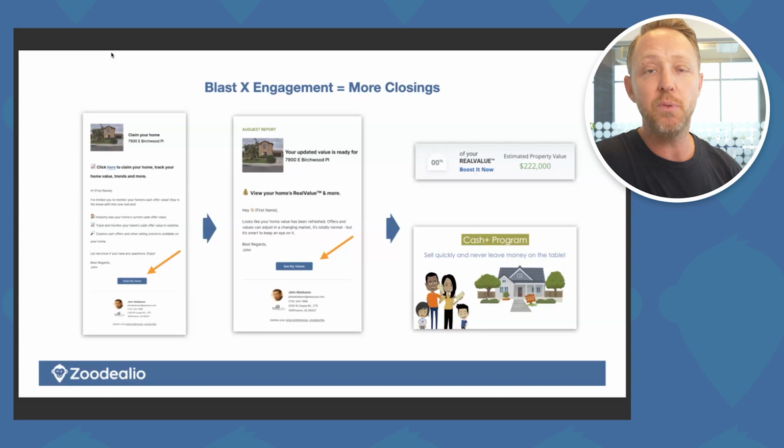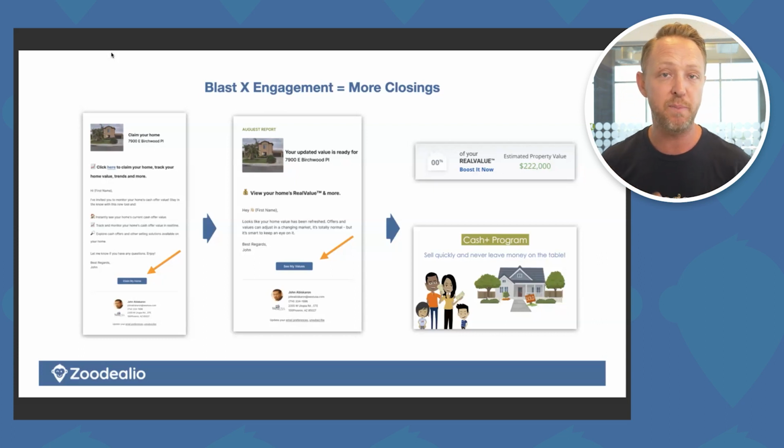So those are the people that you want to focus your efforts on, and that's how ultimately you're going to close more. This is why you want to get your list so darn big, and you want to blast this out to 1,000 people, 1,500 people that give you their permission to send to them. Now you're giving them their monthly reports, and then of course you're concentrating your efforts on the people that are interacting with the information that you are giving. And of course, the whole point of this, guys, is to be able to inspire that move, to inspire the value, to show them what you could do for the house. So even if the cash offer option doesn't work for them, that's okay, because now we're able to list and sell their house on the open market with you.